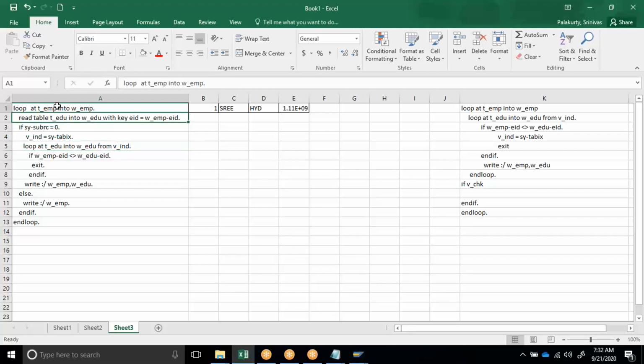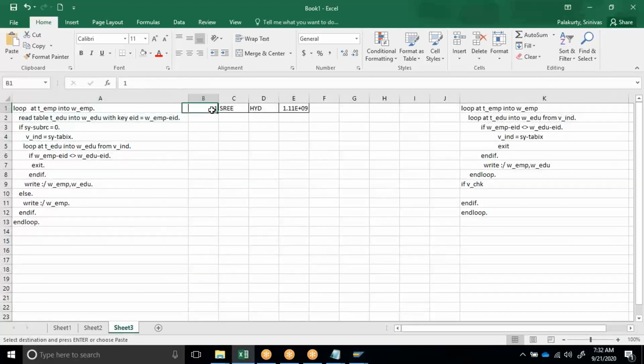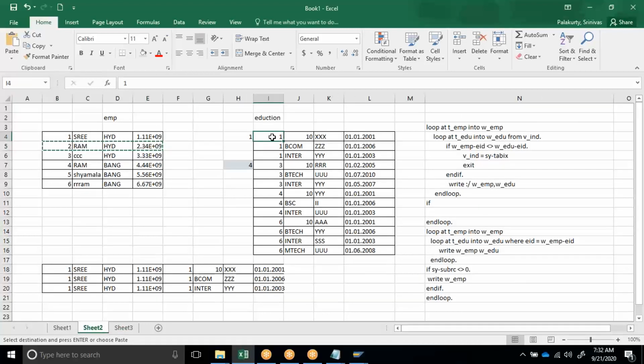Now record number 2 comes into the work area. Now for record number 2, the read statement: read record number 2. It will start from this position. Is it 2? No. Is it 2? No. The read statement is a sequential search. By default, the read statement is a sequential search. So now you are searching in a sequence for record number 2.